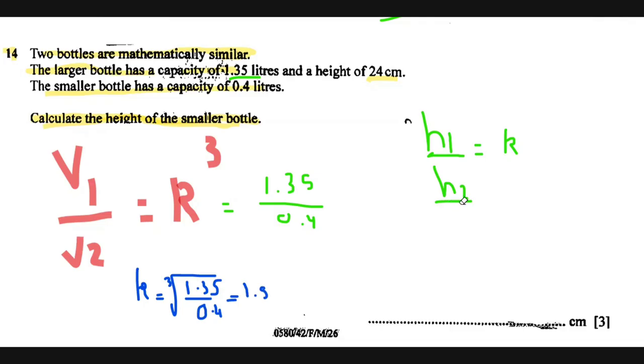We say here, this is the 24 over the height he needed, height 2, is equal to 1.5. So height 2 is equal to 24 divided by 1.5 here. Here would be equal to, on your calculator,